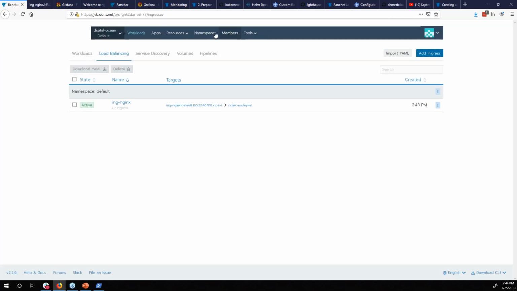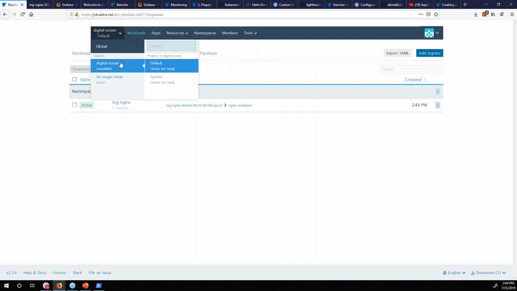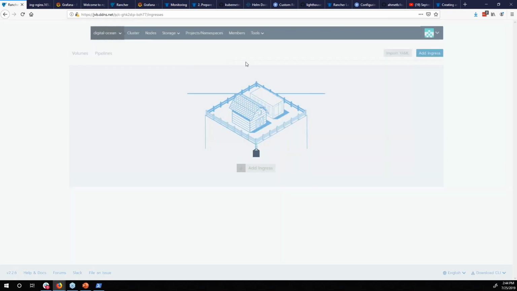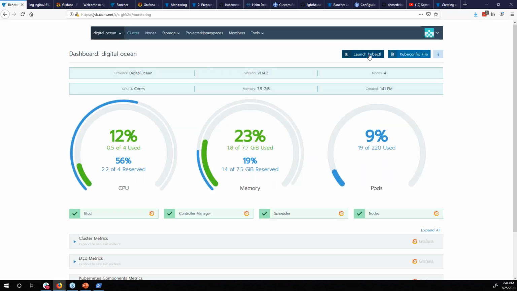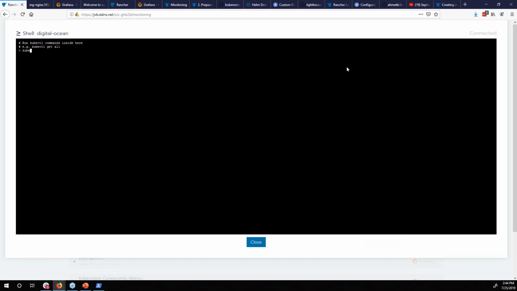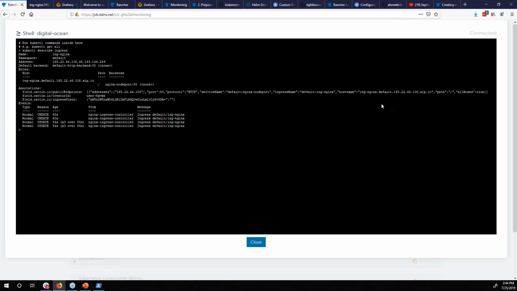So if we want to look at the ingress rule, we go into the cluster itself, go into kubectl, and describe all the ingresses. And we can see here, the ingress is specific to this host name. So as long as it comes into this host, on the blank path, it will go to the Nginx node port service on port 80. So if I want to look at that service,